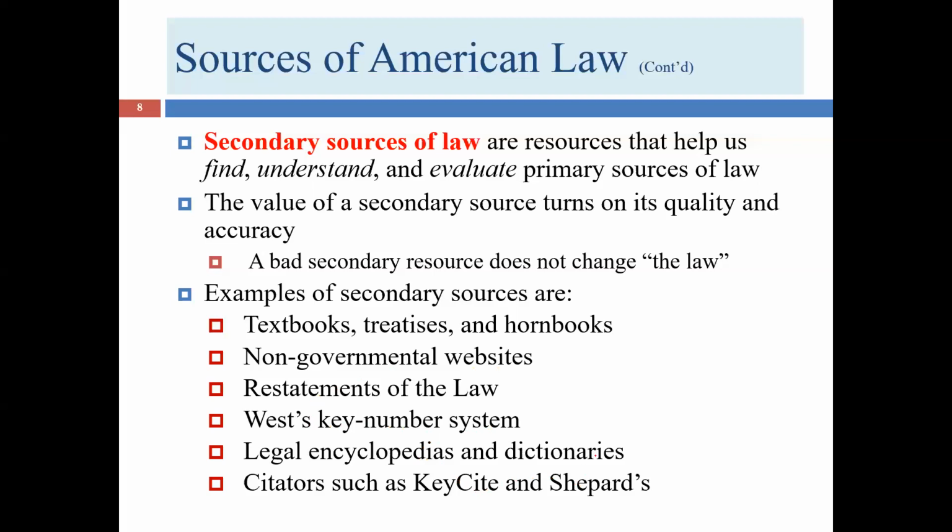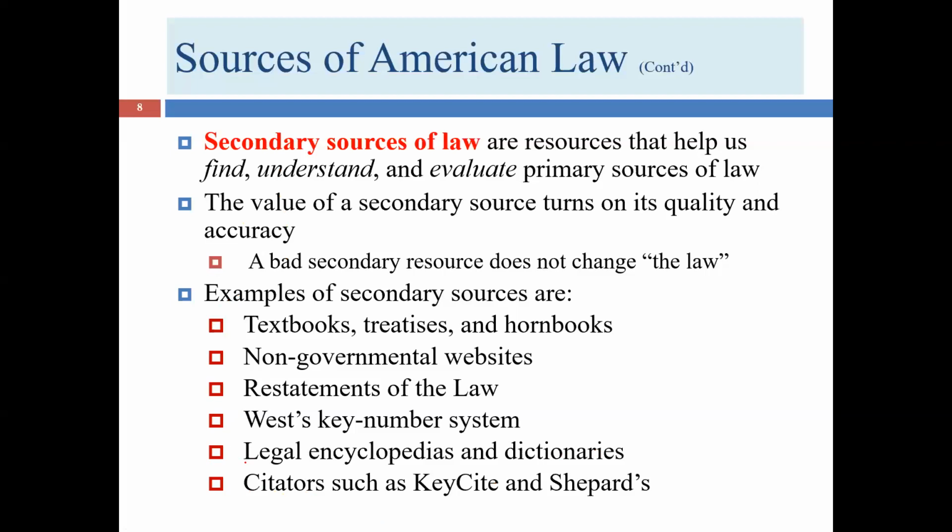Shepard's is a Lexis tool, which is equally good, that helps us work with citation. We're not going to spend a lot of time with citation in this course. You'll find out more information about citation, especially in legal research, to some extent in legal writing, and also to some extent in introduction of legal conventions. So this won't be a major topic, but it is an important source of secondary law. Again, this is not an exhaustive list, but this gives you some ideas.